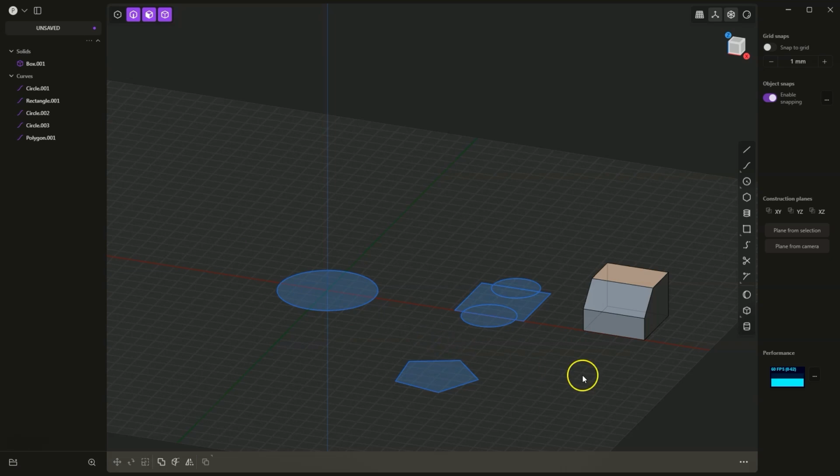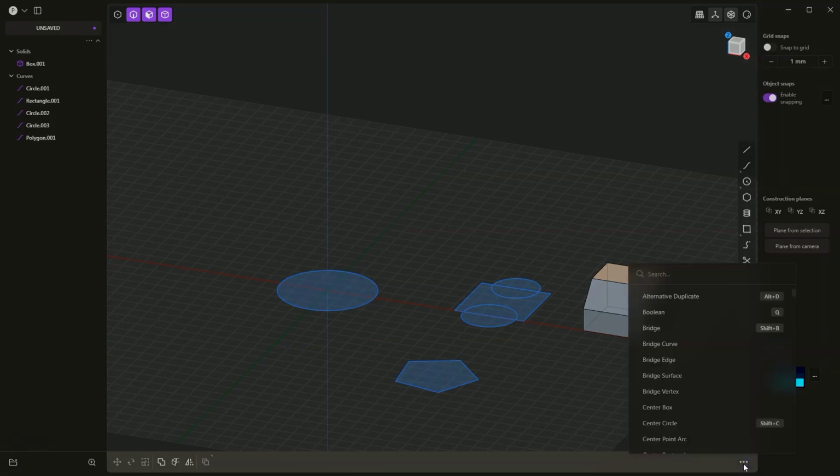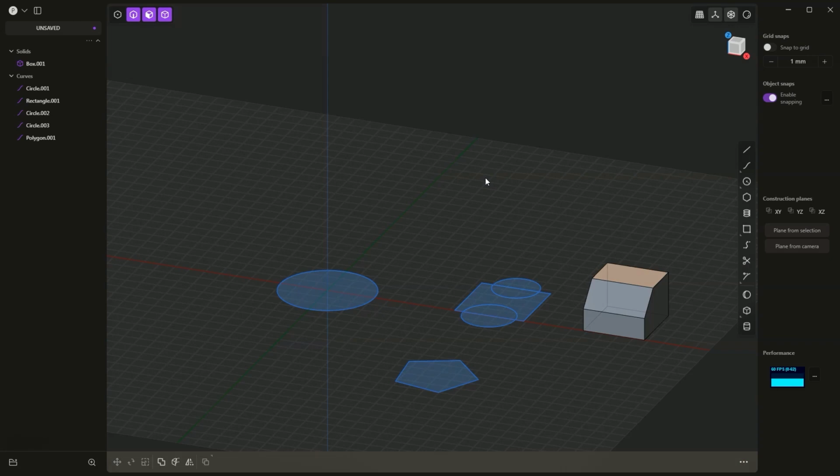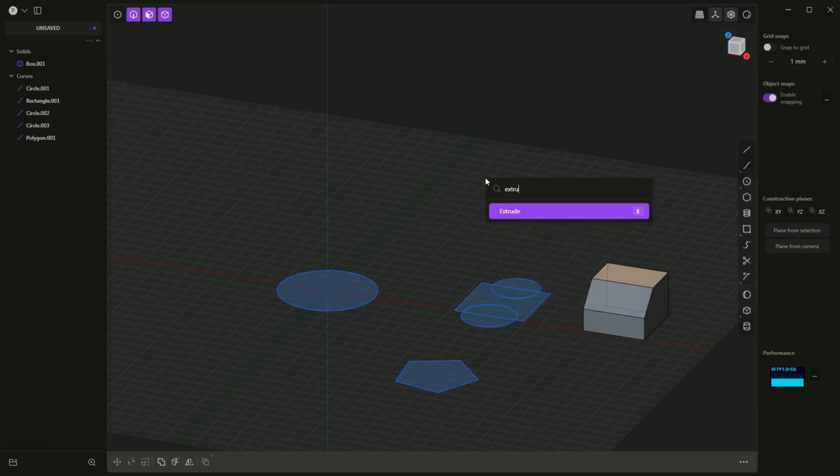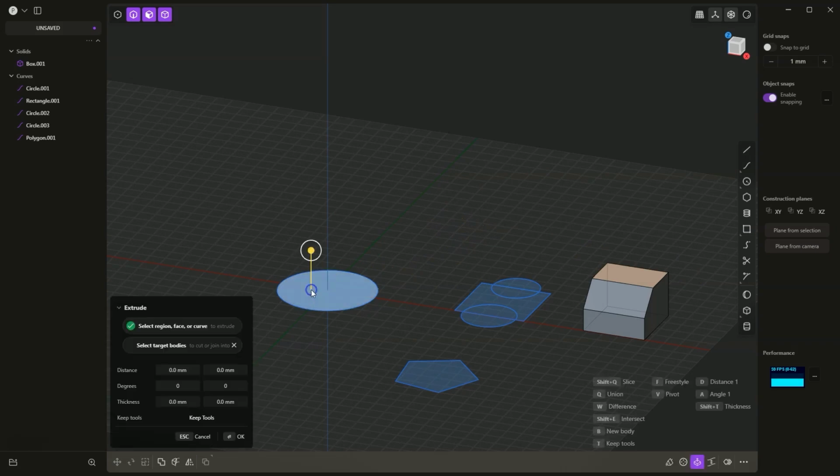We can select commands from the command list. Here we have an icon. If we click here, a list of commands will appear. But it is easier to do it this way. We press the F key on the keyboard and type extrude here. And we can activate this command by selecting it from the list or by pressing the E key on the keyboard. Now I select this geometry and the extrude command has been activated,